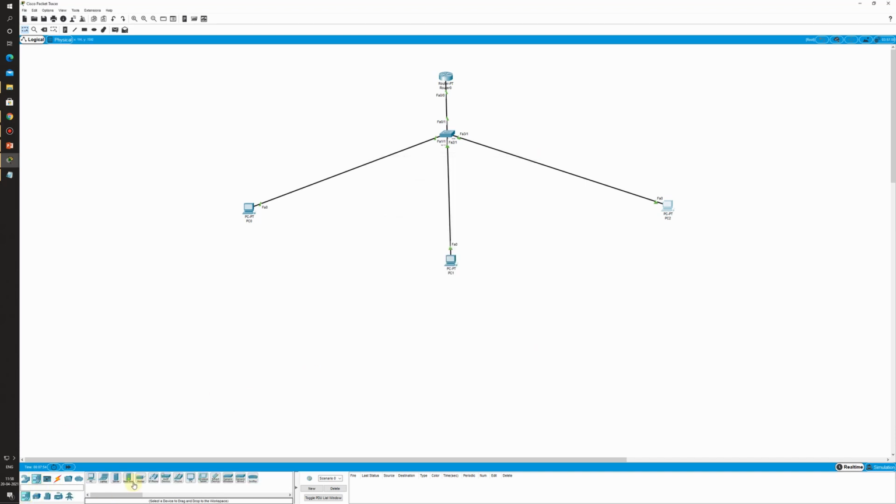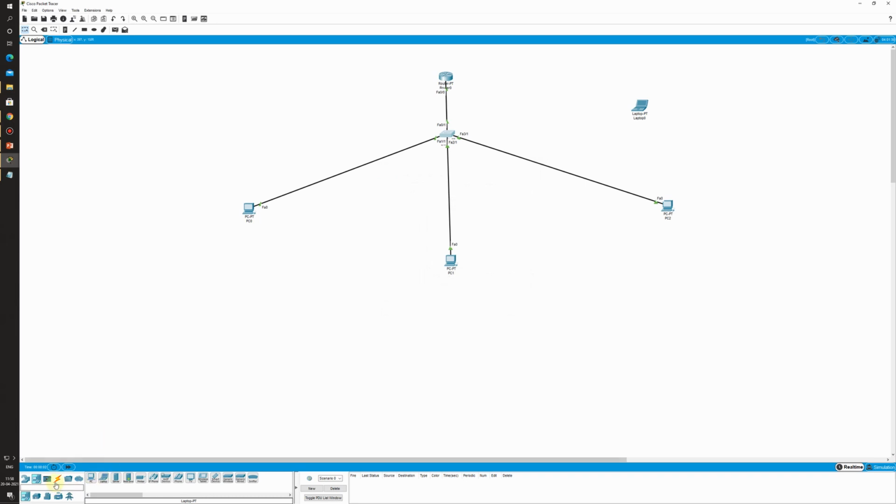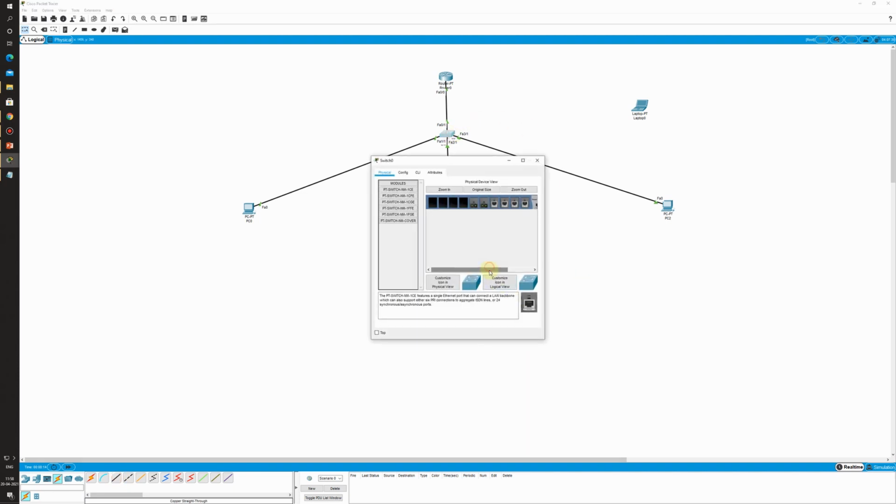Now let me add another device into this network. Suppose this one. I hope this switch doesn't have any more empty slots, but let me just try once. If there is an empty slot I will connect. Okay, so there is no empty slot, so I will need to add a FastEthernet port to the switch.